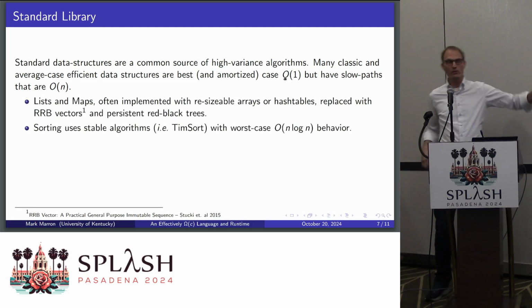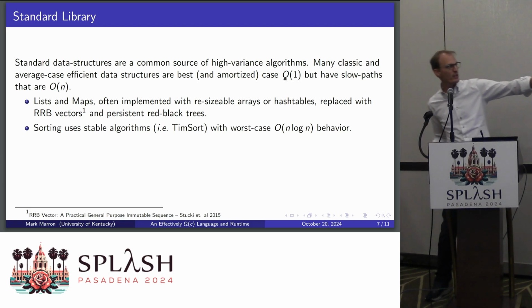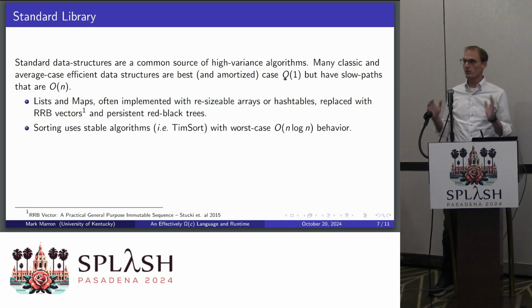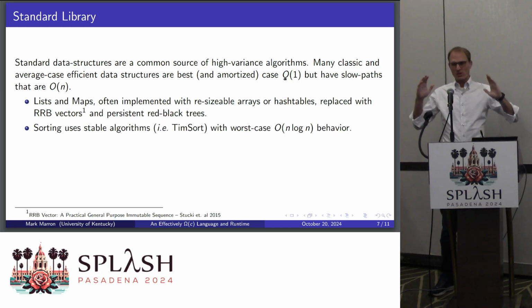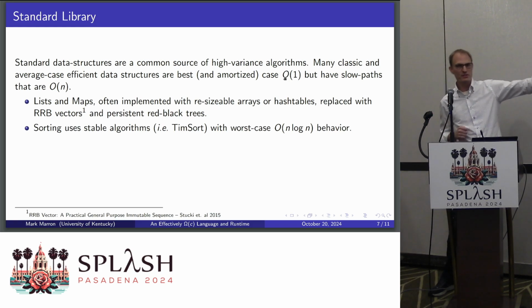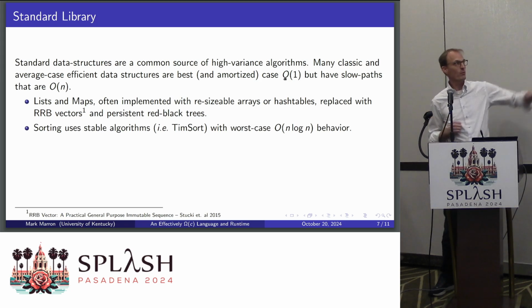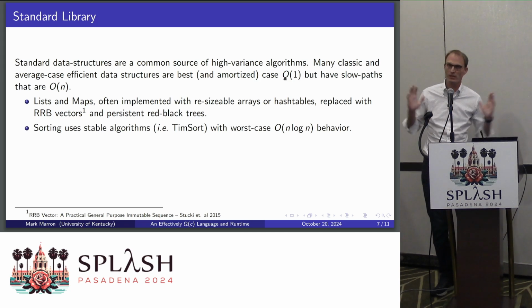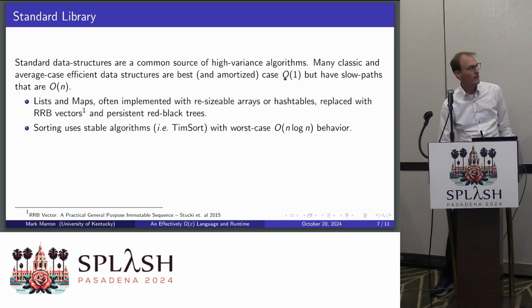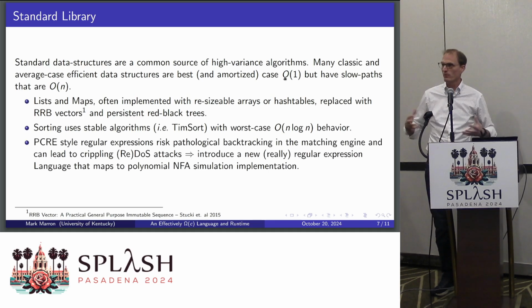There are actually well-known nice persistent data structures like RRB vectors or using TimSort that give you not just great guarantees on the worst case bound, so you get this omega bound on your worst case, but they're actually n log n, or you can make them effectively constant. So they're not actually that much slower than what was your cool optimized data structure. Plus they have much better variability. We can also get rid of PCREs to get rid of a bunch of these regex problems. And this is great stuff.